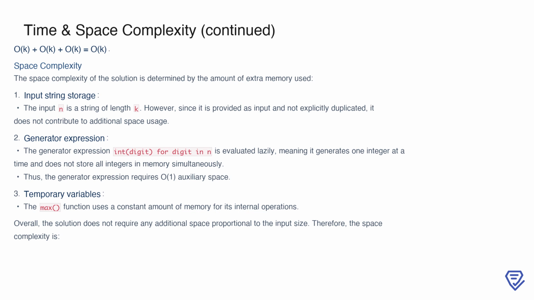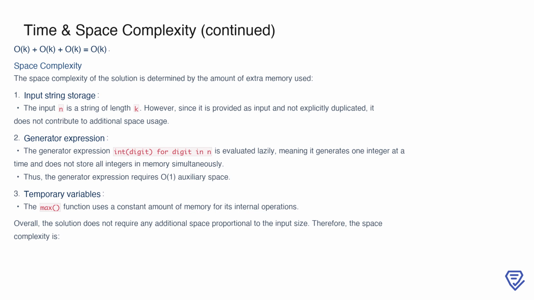The generator expression used, int(digit) for digit in n, is evaluated lazily, meaning it doesn't store all the integers at once, it generates each number on demand. This ensures that the generator only requires O(1) auxiliary space. Additionally, the max function, which computes the maximum value, uses a constant amount of memory for its internal operations. Temporary variables used in the process also contribute only a fixed amount of space. Since no additional memory is used that scales with the size of the input,